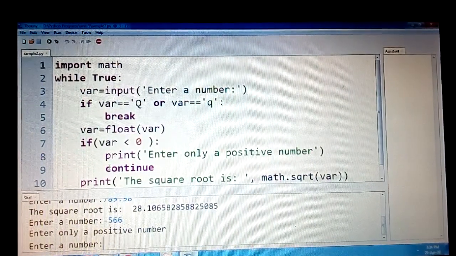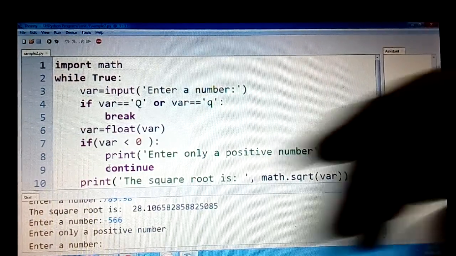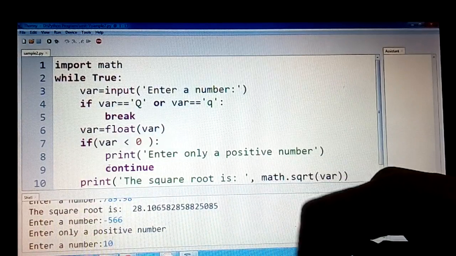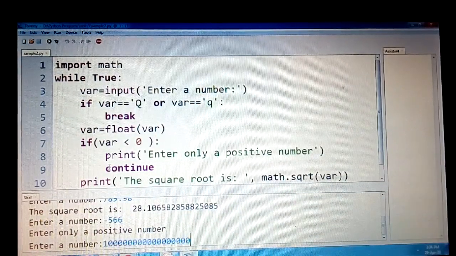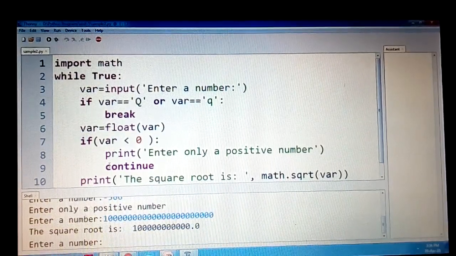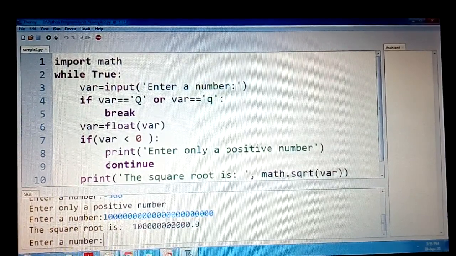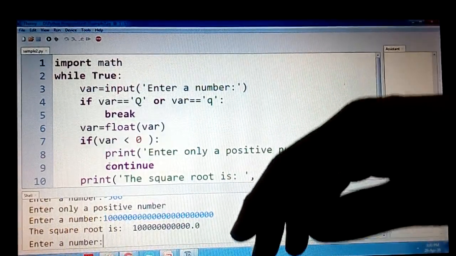So this is how the program runs. Before coming out, let me take a bigger number, because as we have been doing, playing with a bigger number, you can just enter it and it finds the square root of that number also, absolutely not a problem. So you can test it out with different values.